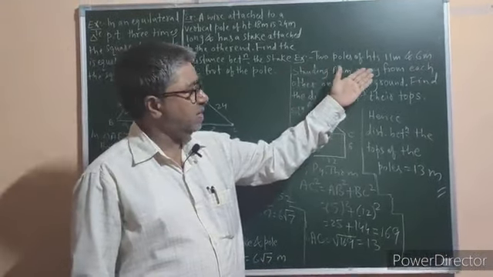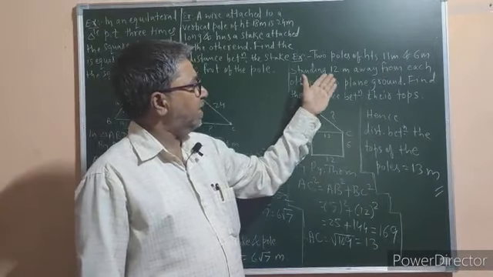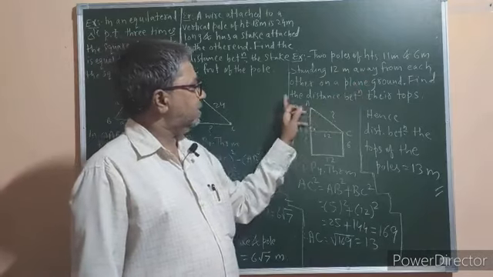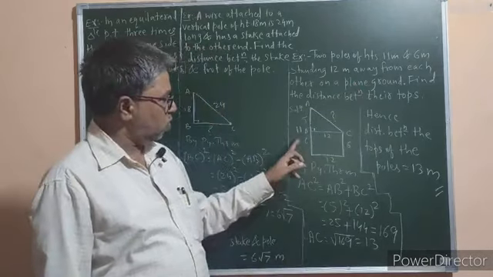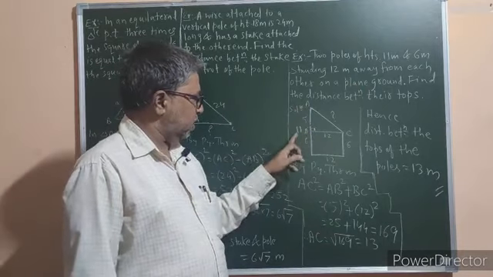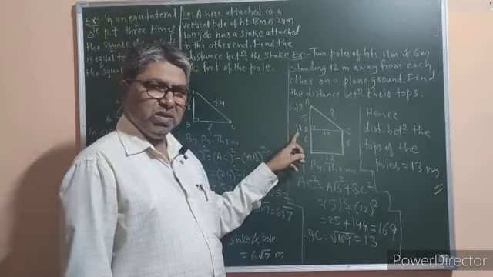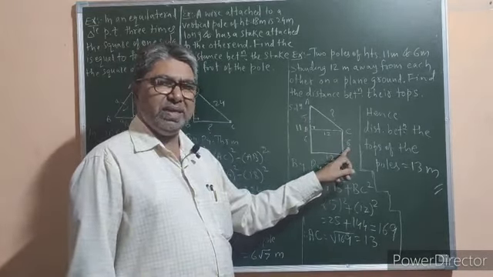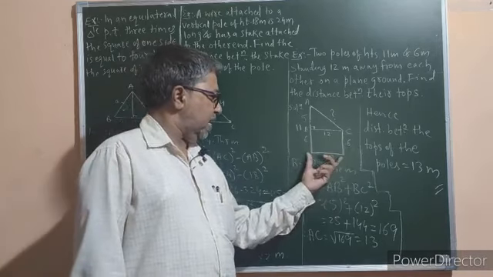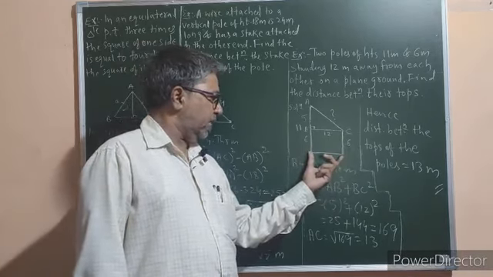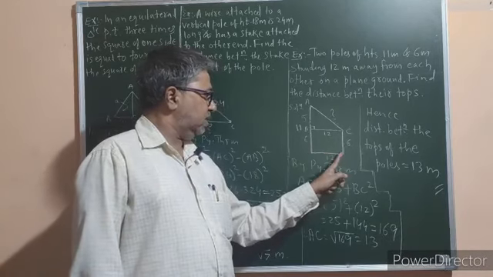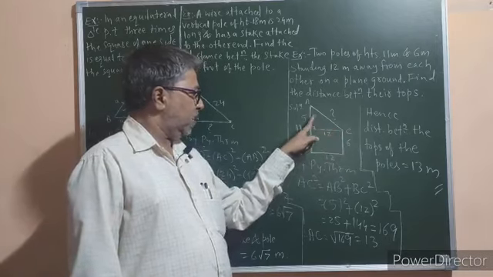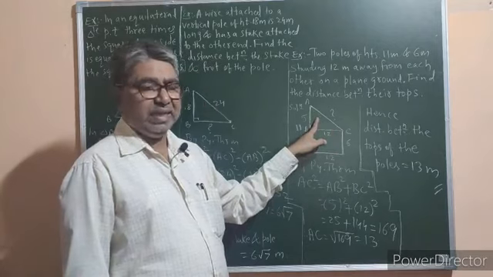Two poles of heights 11 meter and 6 meter standing 12 meter away from each other on the plain ground. Find the distance between their tops. So you have to draw a figure. One line 11 meters shows one pole, another line of 6 meters represent the other pole. Okay, and they are 12 meters away from one another. Alright, then you join this. To get right angle triangle, you have to draw one line here, so that the upper part of the figure should be a right angle triangle.